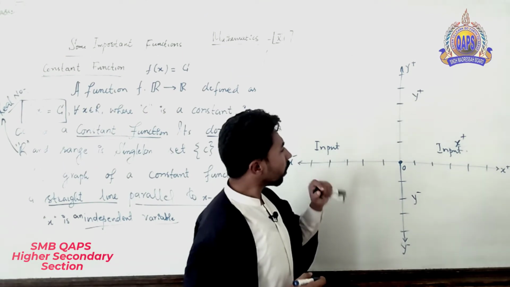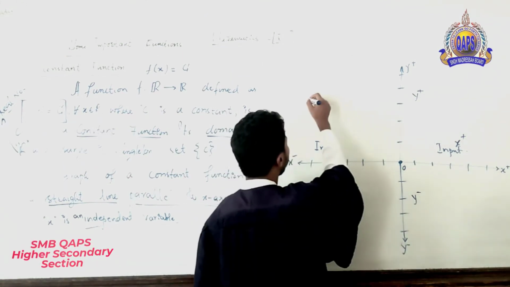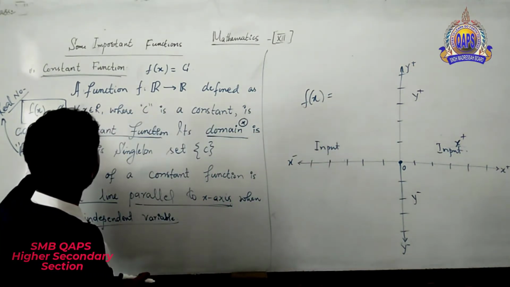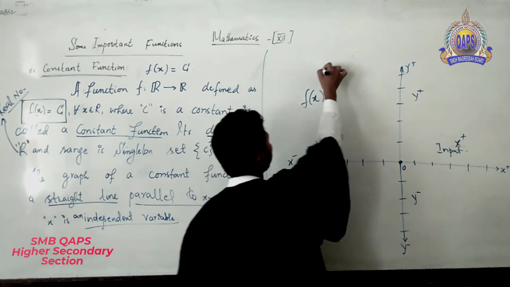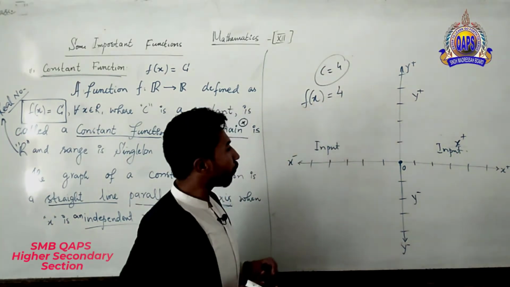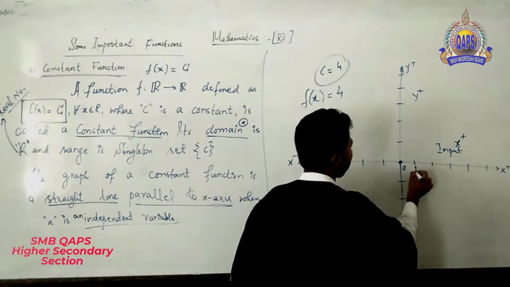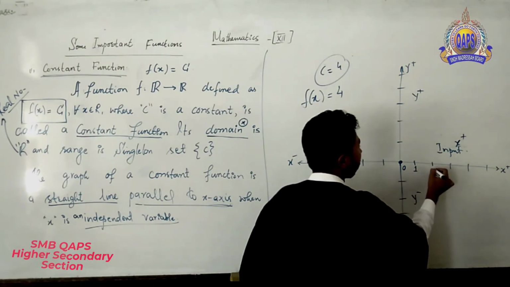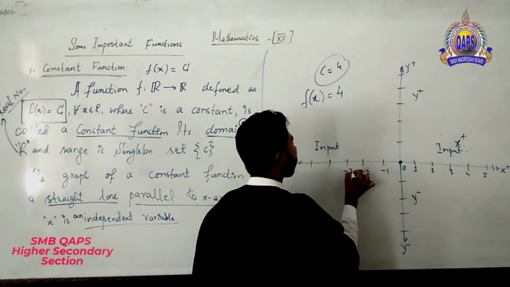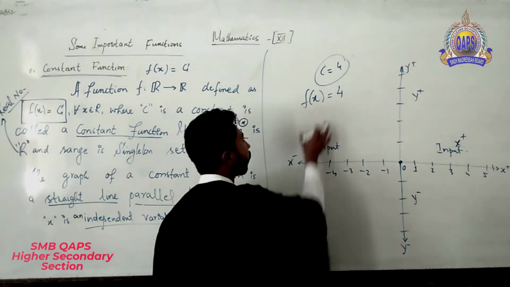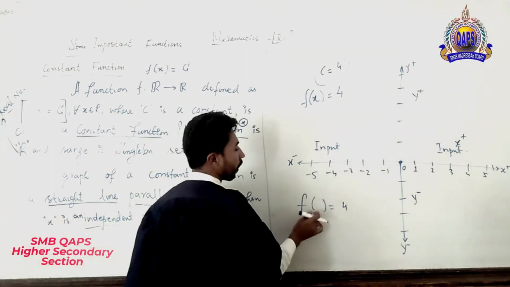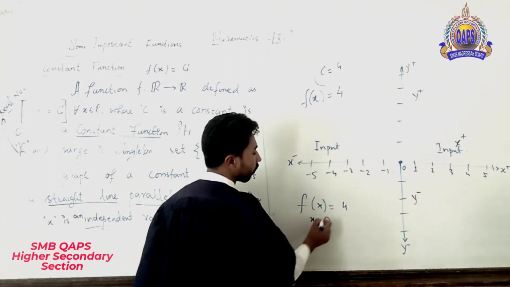Okay? So here if we put in this function, let's suppose f of x contains c, let's suppose c belongs to the number 4, so f of x represents 4. If we put here any value of x, either positive 0, 1, 2, 3, 4, 5 and so on, and here negative 1, negative 2, negative 3, negative 4, negative 5. If f of x is equal to 4, and we put the value of x as 0, then